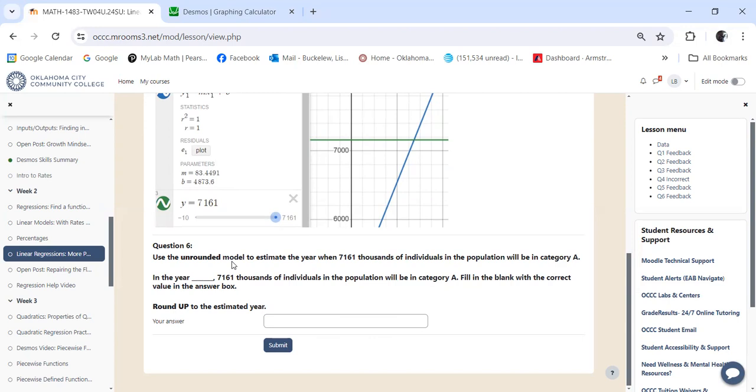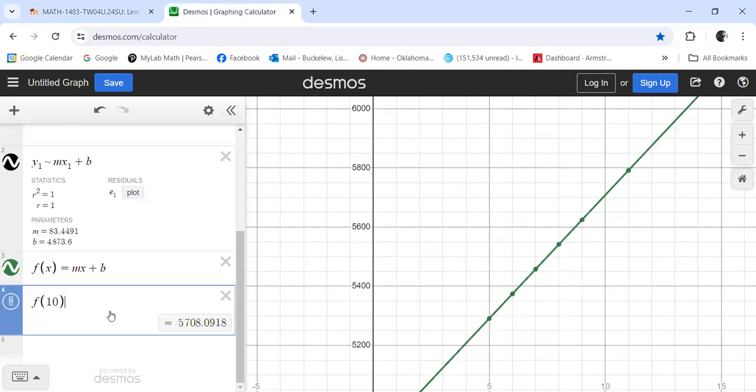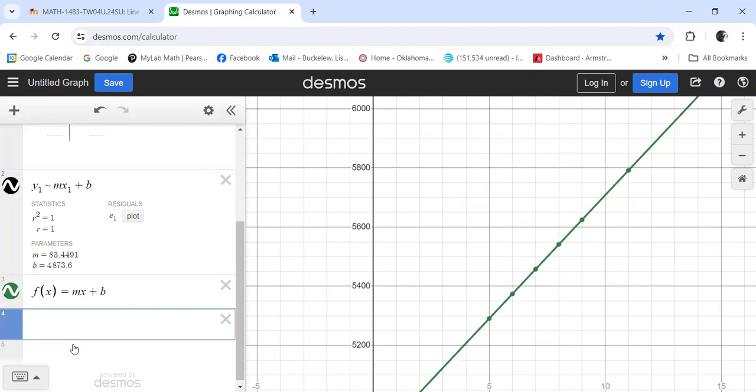Okay, I think on this one, it would be easier to solve it graphically. So I want to know when the output is 7,161. If I take the graph of the regression equation and shoot a horizontal line over it that has the height of 7,161, then Desmos can spit out that intersection point really quickly. So let's go over here. I'm going to do y equals, I've already forgotten the number,